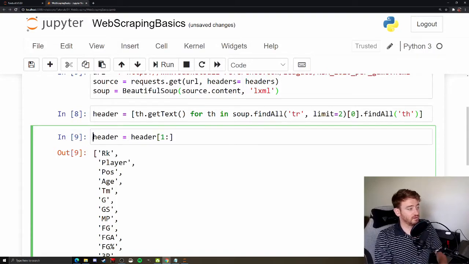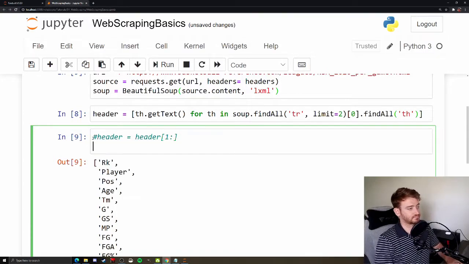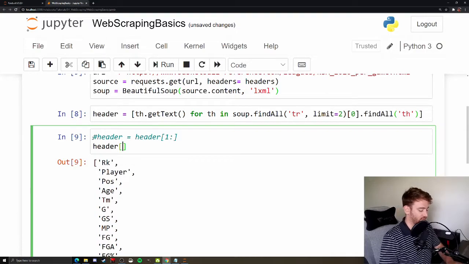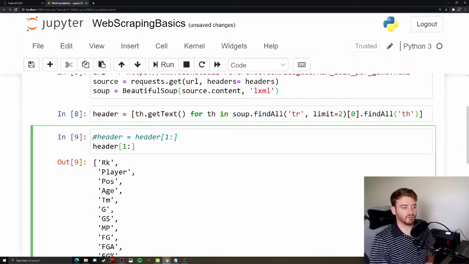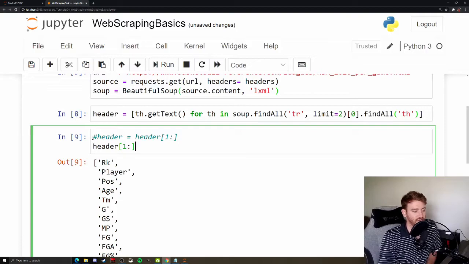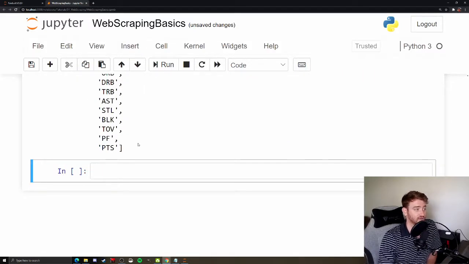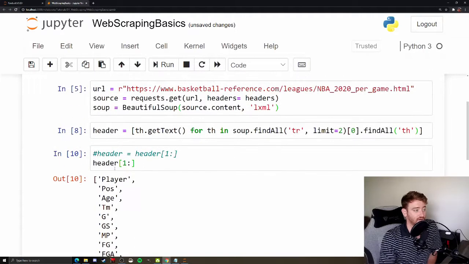So let's comment this out real quick. If we do header 1 forward, and I'd recommend you check before you actually assign it, because if I run this, it's going to print out the header list without rank, because I'm starting at position 1, because rank is at position 0. So if I run that, now I start at player. So usually I'll run that and check before I reassign it, because once I reassign it,